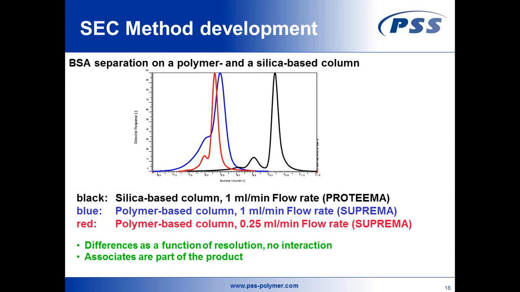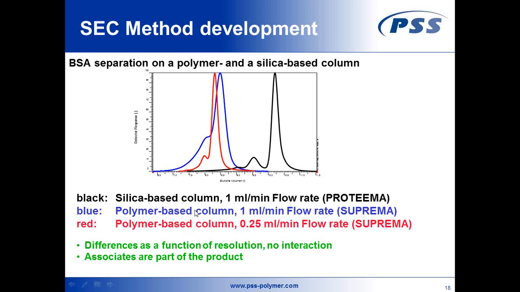For this example, I'm going to show you again the separation on the silica-based column at 1 mL per minute, which is the black elugram shown for the protein. And you do see very nicely the separation of the monomer, the highest peak on the low molar mass side, from a dimer, the trimer, and even some higher aggregates at the end of these elugrams on the high molar mass side. Compared to the silica-based material, the PSS Suprema, you do see what a polymer-based material could deliver,